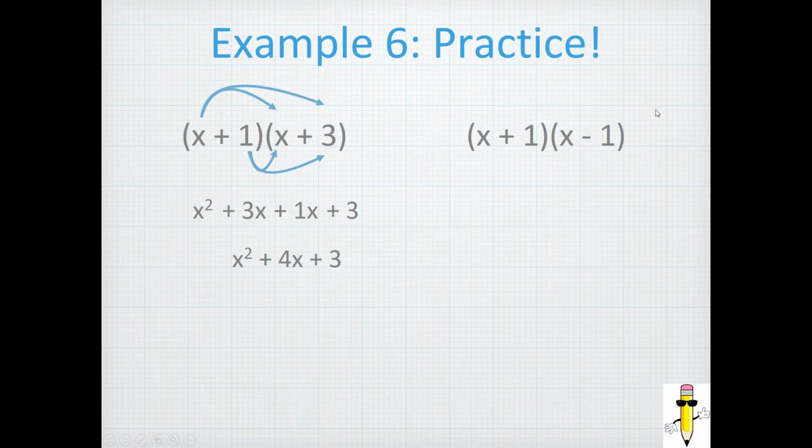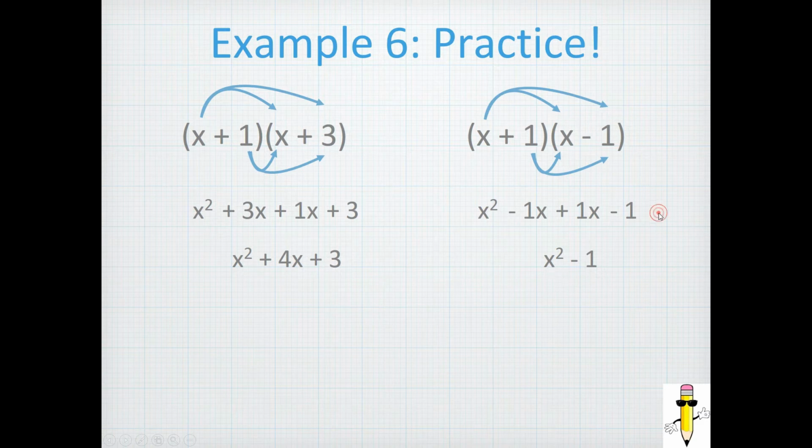And then we're going to do it again with the second example that we have here, so x times x, and then x times minus 1, 1 times x, and then 1 times minus 1. So let's see that in action. Yep, yep. Alright. And our final product is going to be x squared minus 1. Why is that? Because this is a minus 1, this is a plus 1. If you owe me $1 and you give me $1, then you owe me no $1,